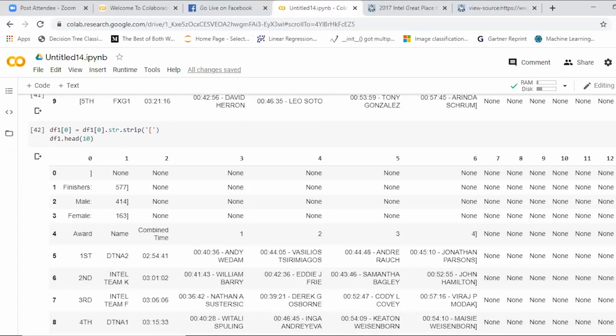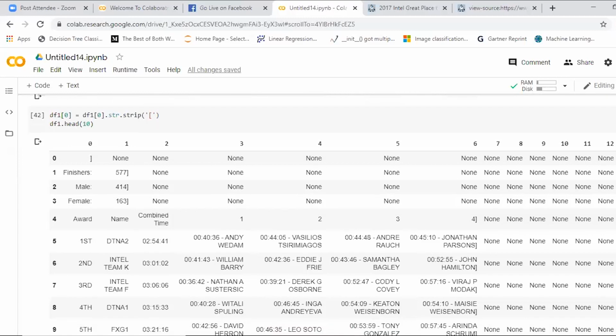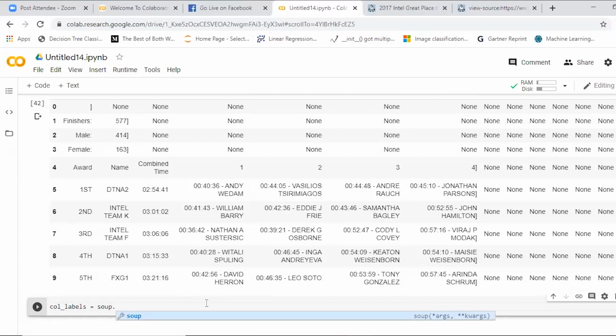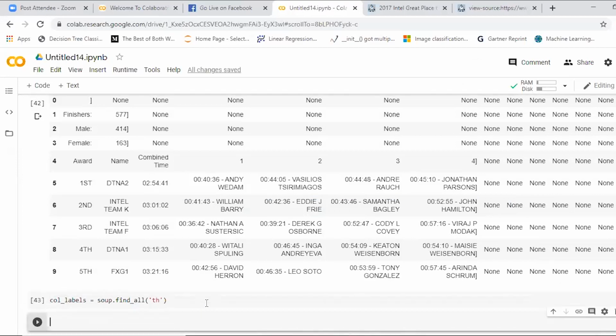Now our concern is to make sure we remove the unwanted data or missing data, and we need to find out all the table headers, right? You don't have any table headers over there. I'll rename my columns and make sure I have the column names. So I go for the same soup dot find all of table headers. Then you create an empty list and you assign all the things in the same way as we have done in the previous step. We would like to have the column names. That's our concern now. So you create an empty list.